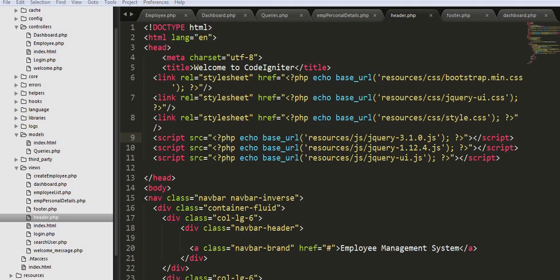Now I have pasted all my JS and CSS files in my header, and now I need to